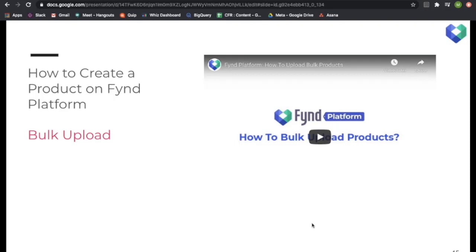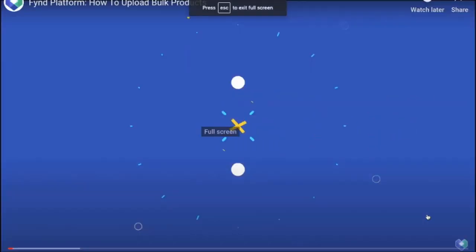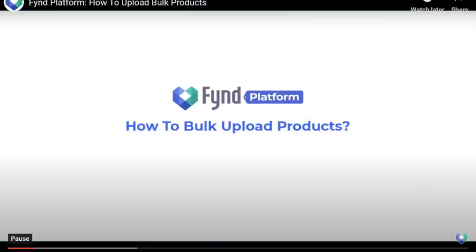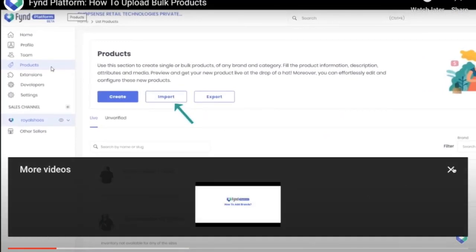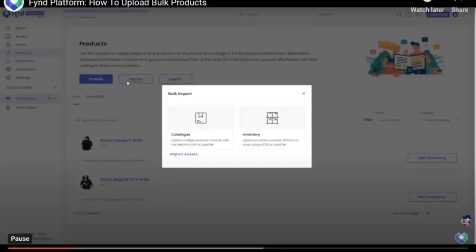But what if you have to upload your products in bulk? So let's see how you upload products in bulk. Again, you'll go to the product section. You have to click on the import button for bulk uploading your products.